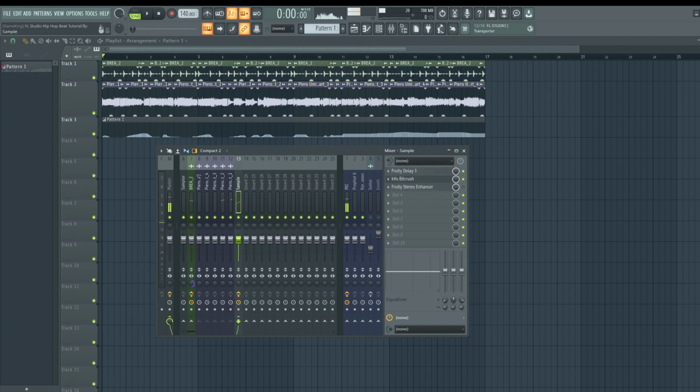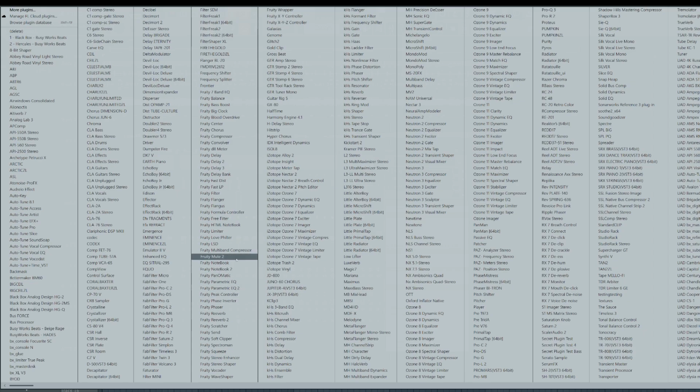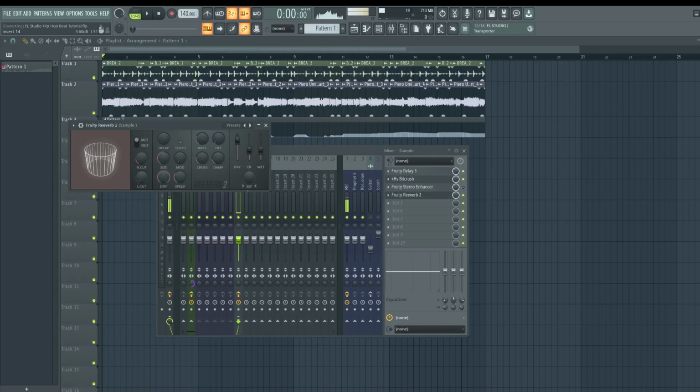Now I'll show you guys one more advanced tip. Go to your mixer. We're going to open up Fruity Reverb 2. And we're going to make this sound retro by pulling the stereo separation of the reverb to the right, which is mono. So it's going to sound very linear and centered. And then we're going to turn up the wet level here. We're going to cut out the lows and cut out a lot of the highs here.